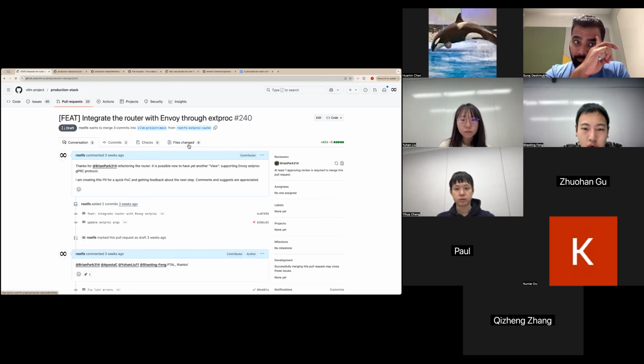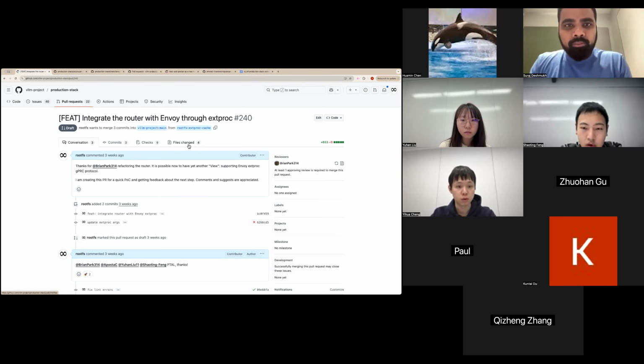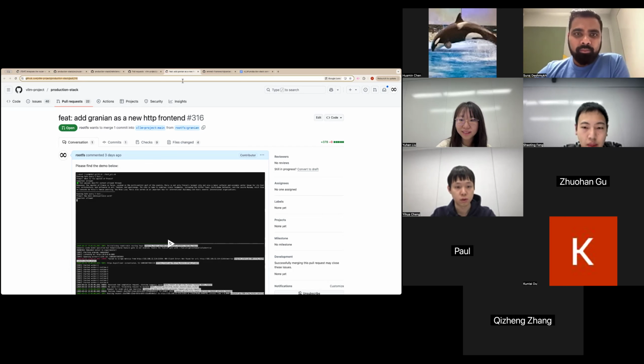If we are going to support ingress and egress use cases, I will put more effort on this PR as well. But if you already have any experience with Envoy proxy integration, I would be more than happy to work with you to make it work in the right way. All right, let's not take too much time on the first PR. So the second PR is about the